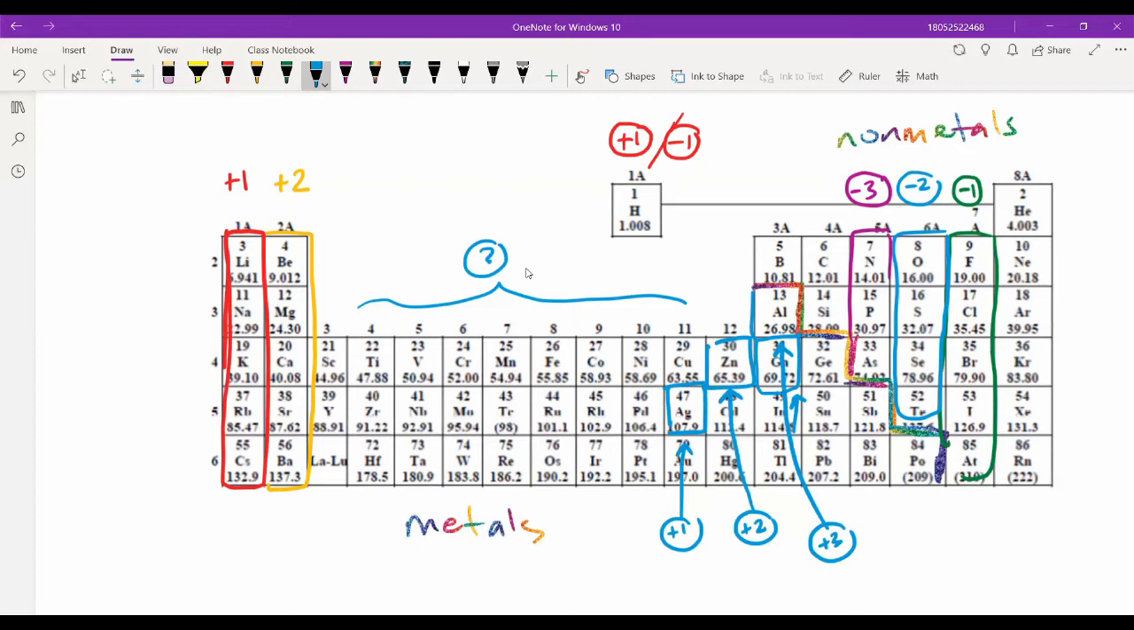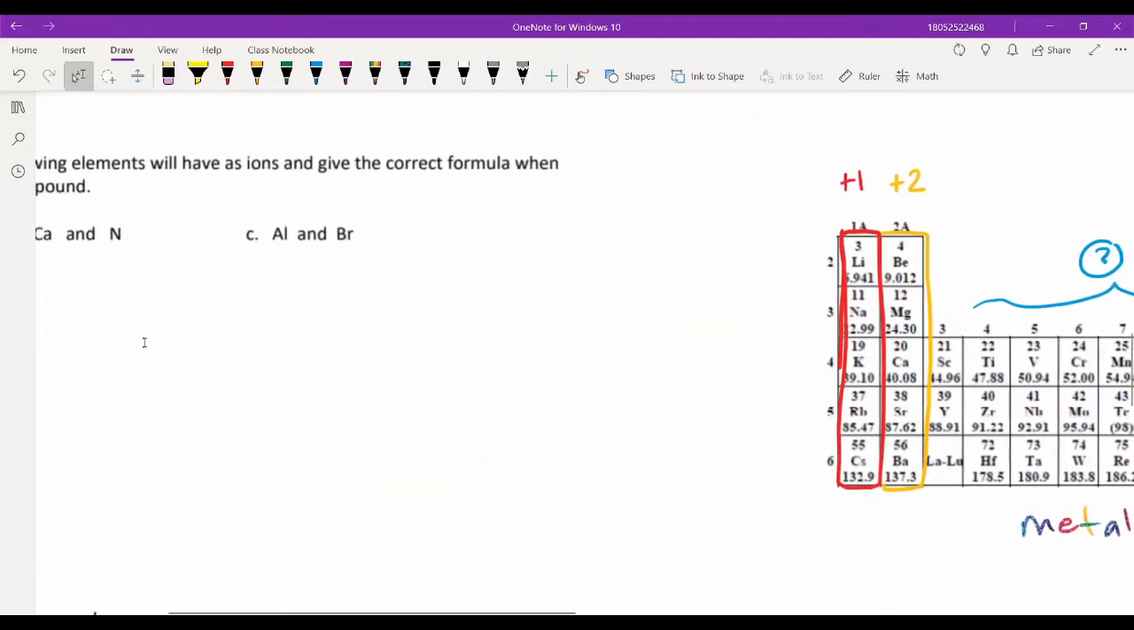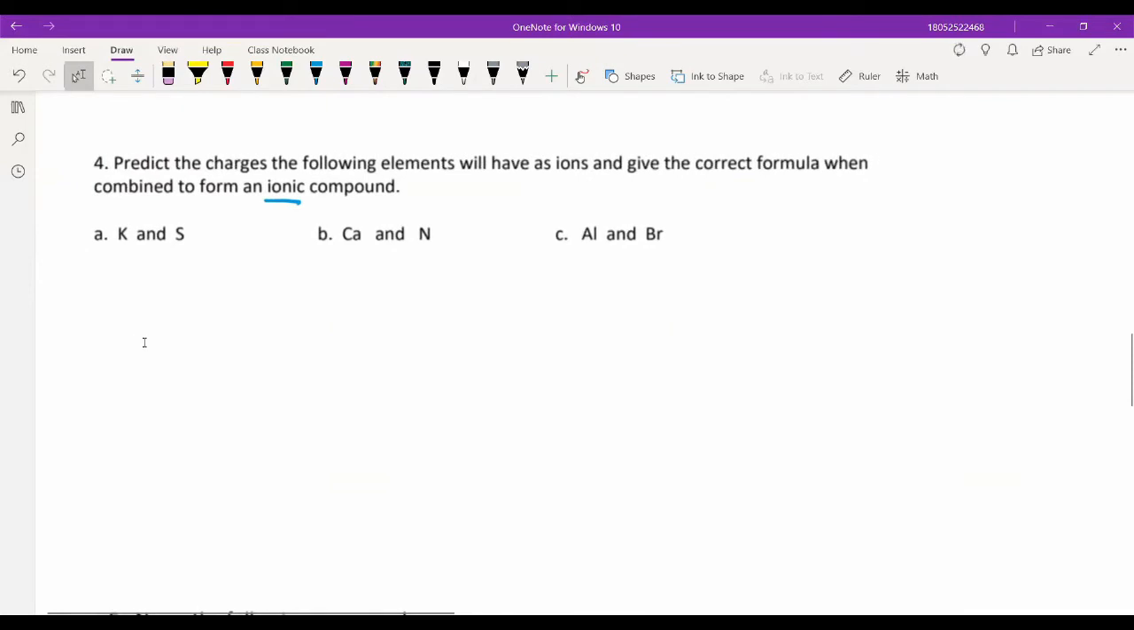Okay, so going back to the problem, it's just a matter of figuring out what column each element is in. Potassium is an alkali metal. It's in the first column or first group, so it's going to be +1. Sulfur, you'll find right under oxygen, -2. So when you put those together,